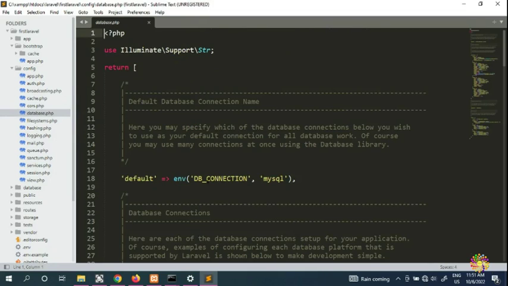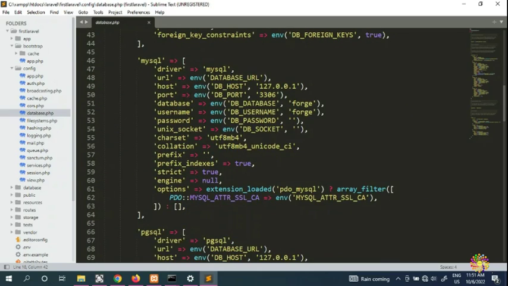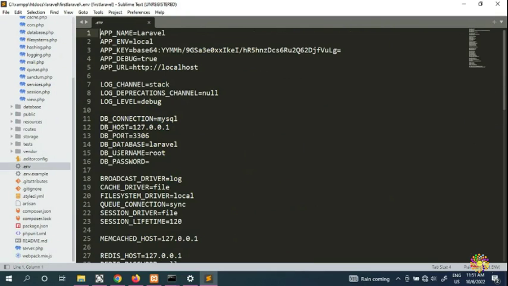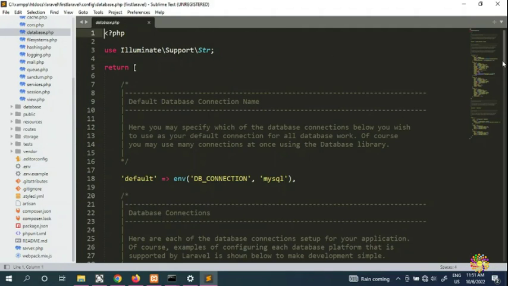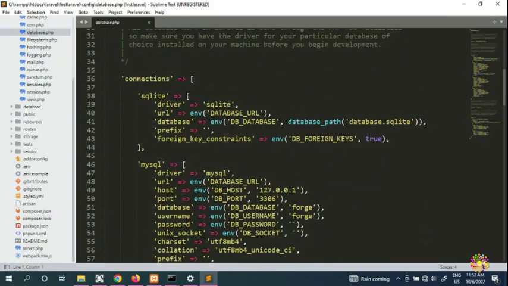Say for example, this is the database connection, MySQL for example. And here you can change it if you want. You can change it here, or you can change it inside the env. If you change it here, it means it is going to be changed in the database as well. So you can change it here with your application. And these ones have a connection for SQLite, and this is MySQL,